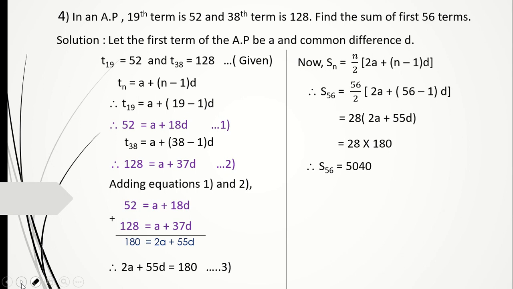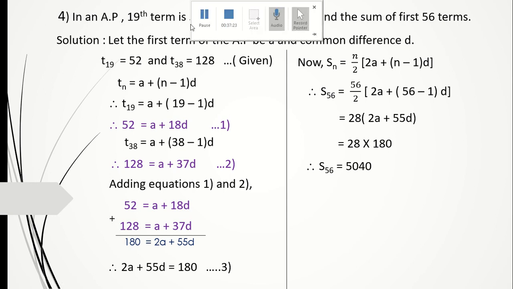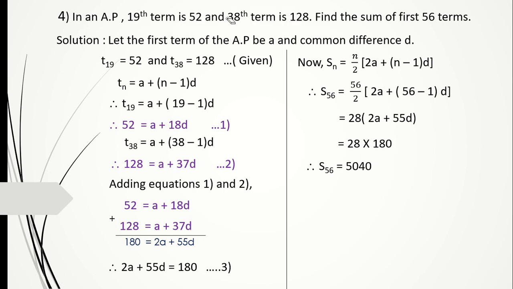Now it is coming like that because the numbers are like that in this case. But this method will not be applicable every time. The numbers may be changed and this method may not be applicable. Here this is the 19th term and the 38th term; this is double of that, so probably it is coming, that is why. But the previous method what I showed you is a better method, and that is the one which you can remember easily. The sum of the first 56 terms is 5040.